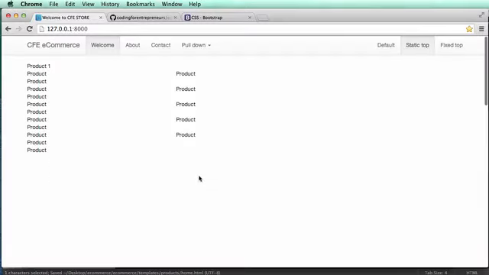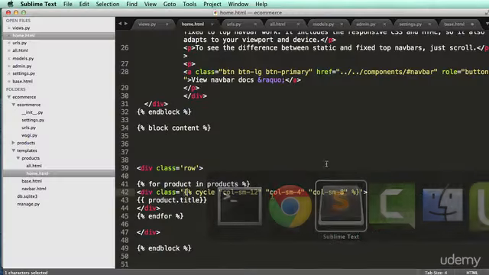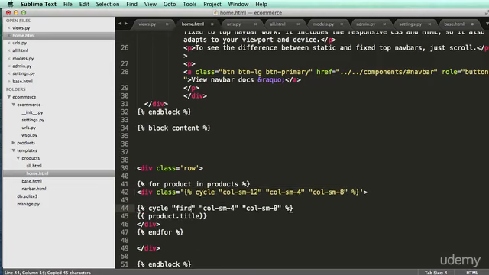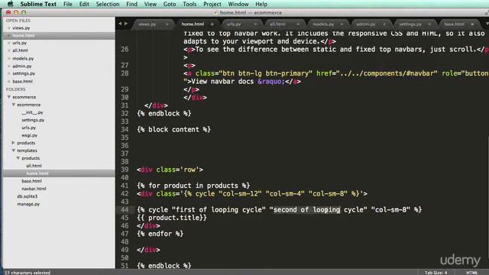And then if we do a refresh in here, we see that the first takes up 12, and then the next two, one takes up 4, and then this takes up 8. All right, so what's happening with cycle? When you go through a for loop, if you run something called cycle, it's going to use whatever is in that cycle. So if I use this cycle again, I'll say first of looping cycle, and then I copy that and say second of looping cycle, and then I go into this last one and say third,